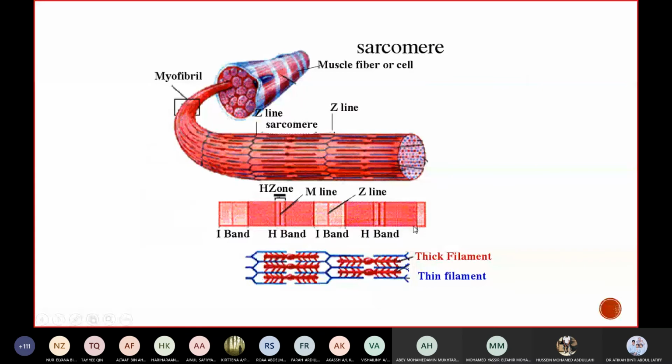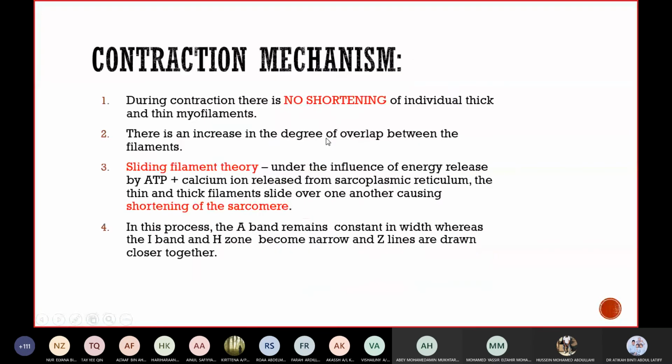So if you imagine, from here to here is one sarcomere, or one contractile unit of the muscle fiber. So from here to here is one contractile unit, called a sarcomere. This is one sarcomere. Okay, so during contraction of the muscle, actually there is no shortening of any actin